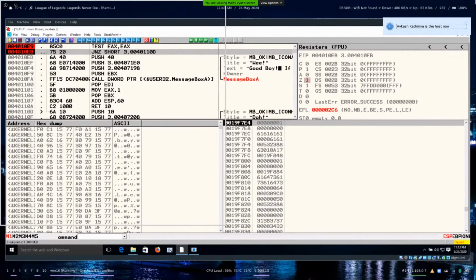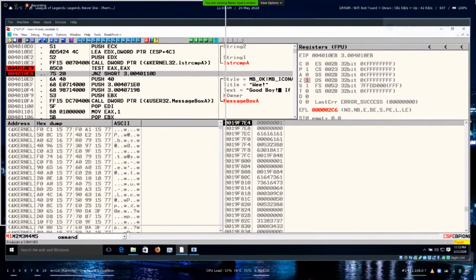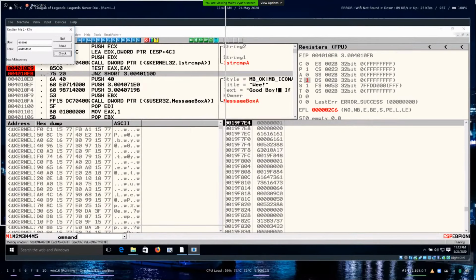So it is now gray, which means it won't be executed, so it won't be followed. The next instruction is push 40, and several more pushes, which means that this should be executed. F9. It worked.